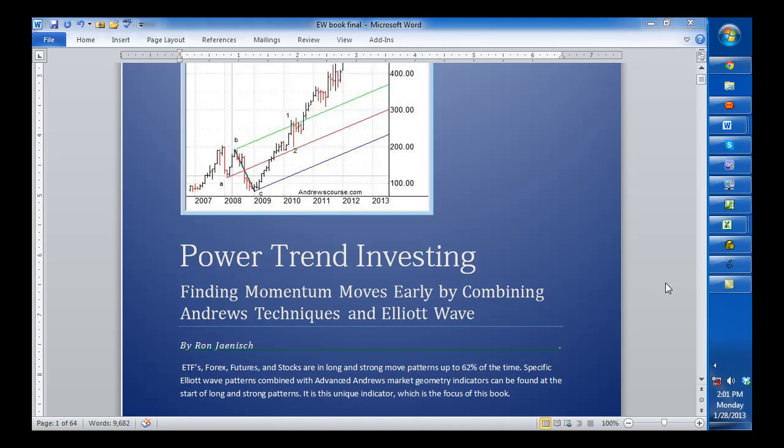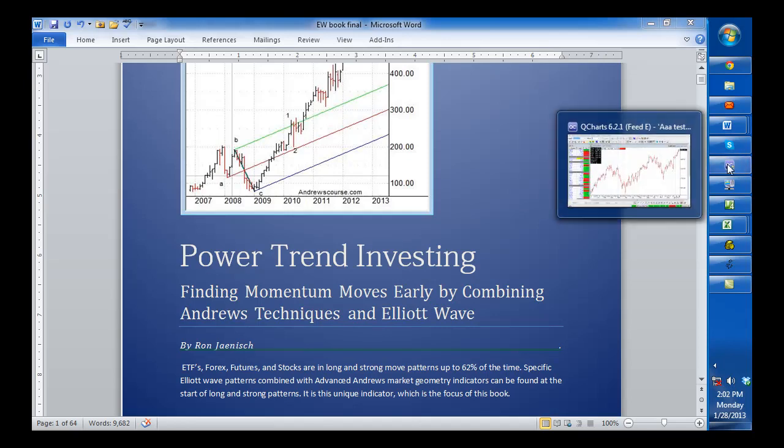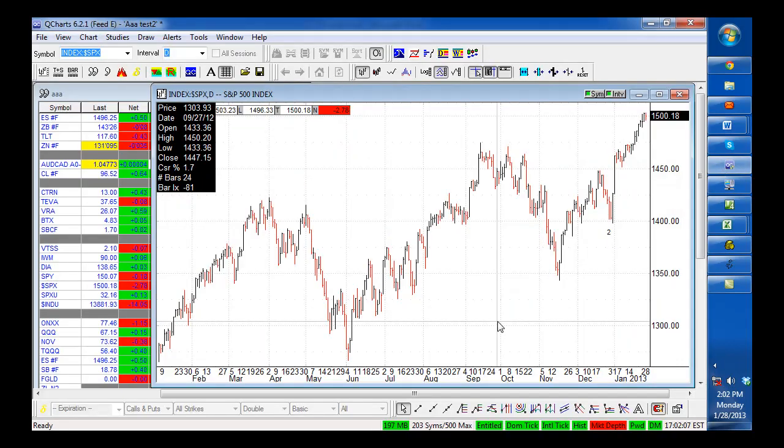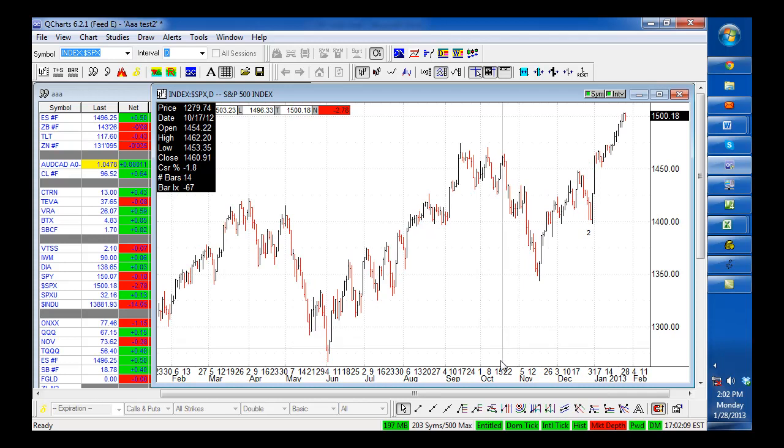Hi, this is Ron Janish, and this video is going to show you some interesting techniques that you can use right away for targets. Okay, and I'm going to show you something new that we have. One of the things that we found over time, and that is that